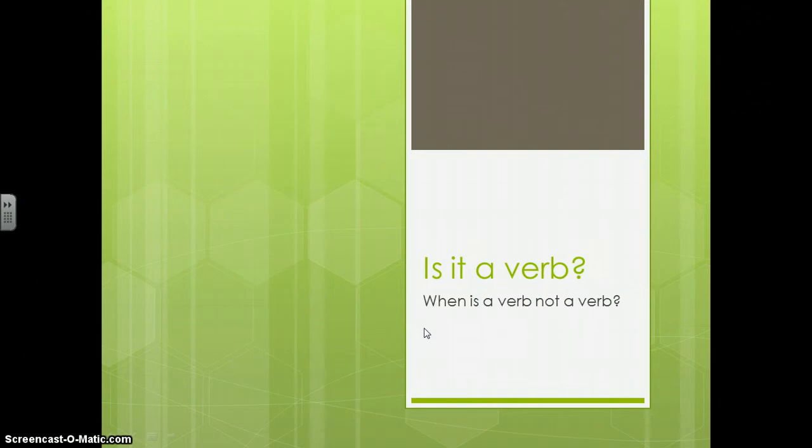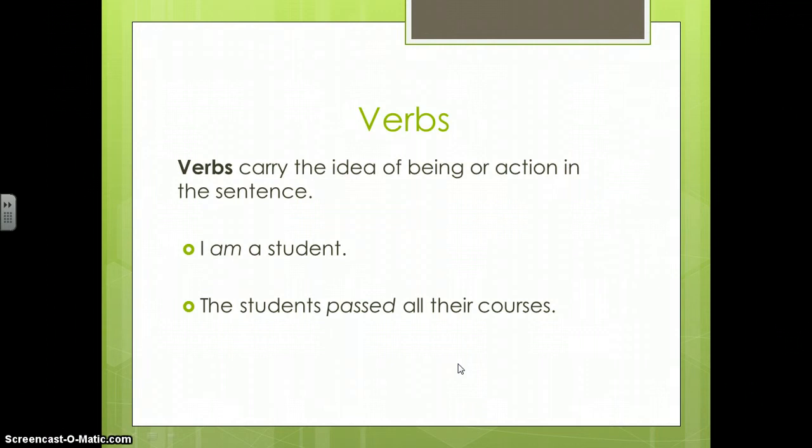Before we begin to unwrap the math standards, it's important to think about, is it a verb? In fact, what are verbs? When is it a verb and not a verb? Verbs, of course, we all know carry the idea of being or action in the sentence, for example, am and